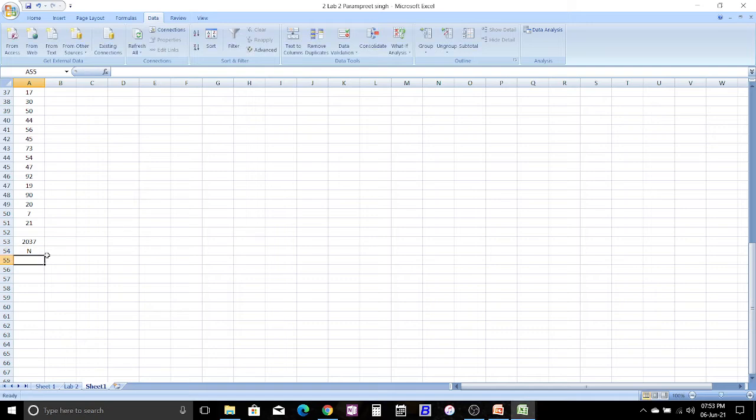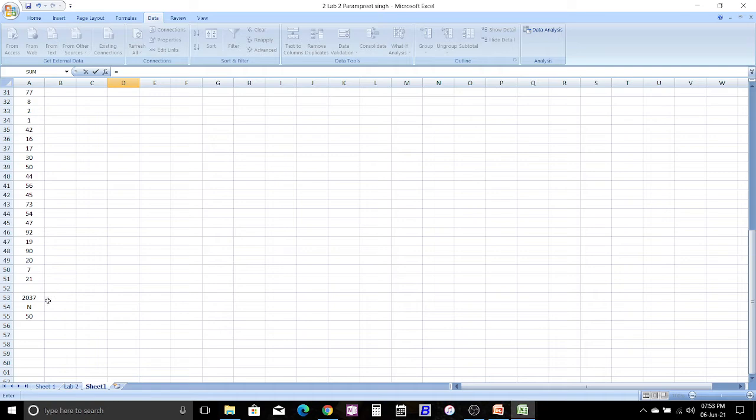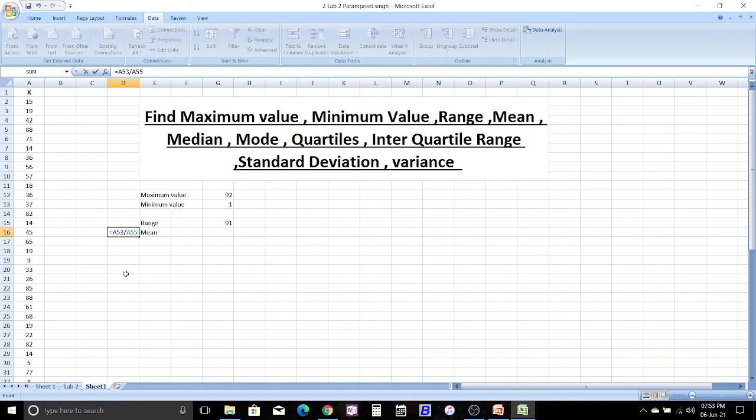You can calculate the mean here, equal to, formula is summation x upon n, that meaning sum total divided by n, that is 50. So enter, we get the mean value is 40.74.